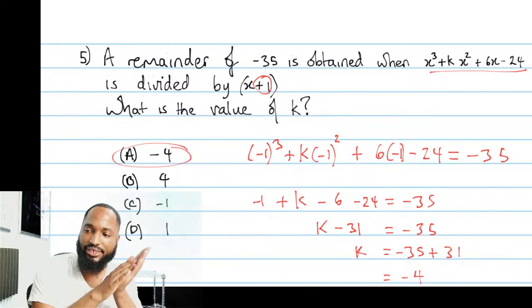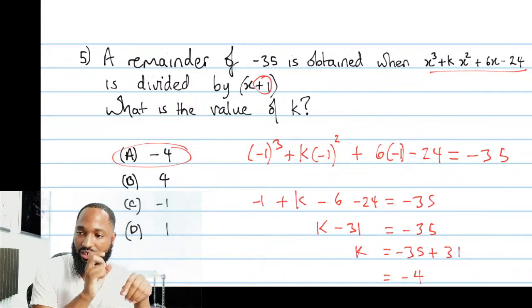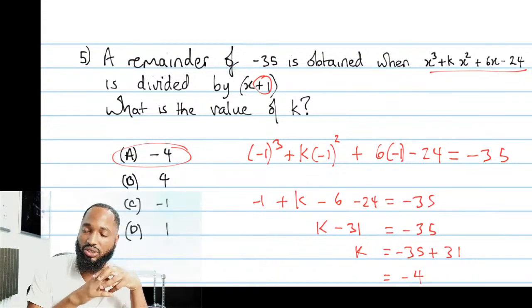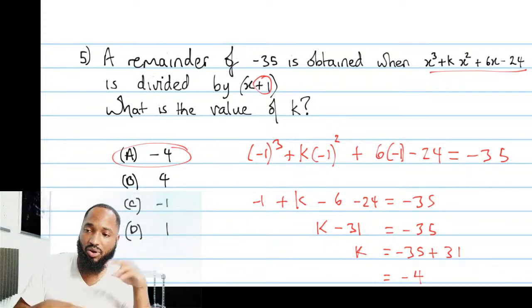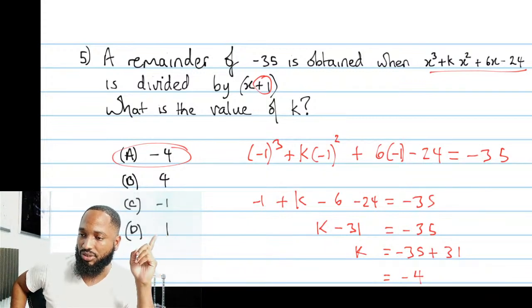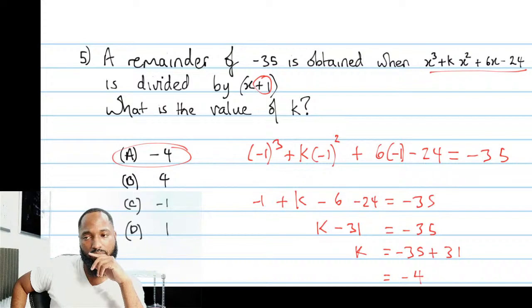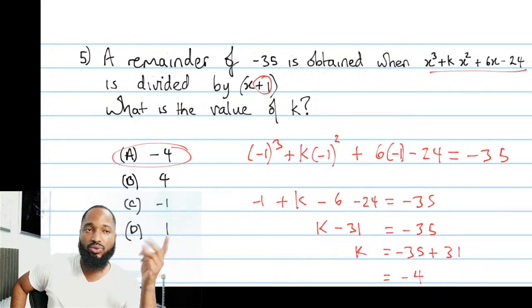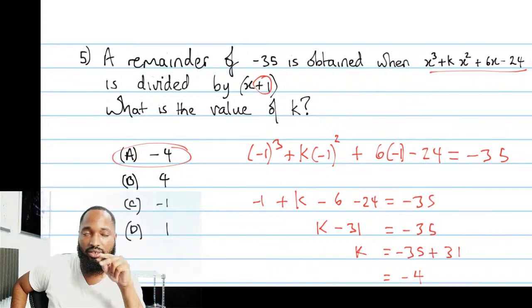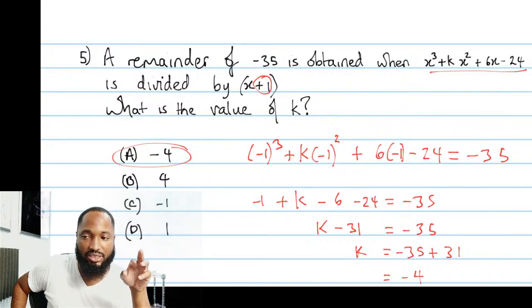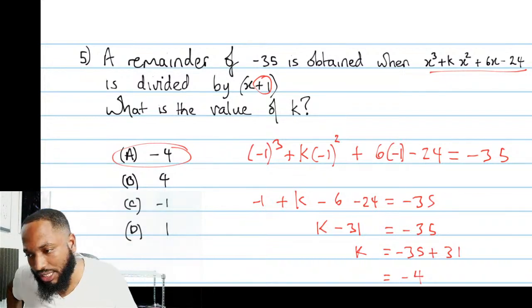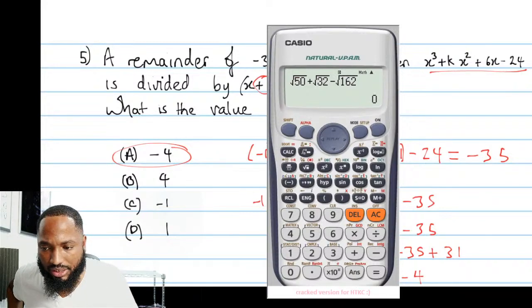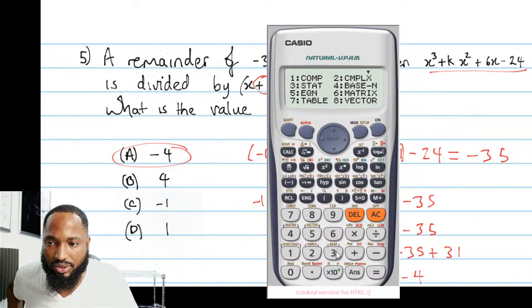Any questions on this? Write in the chat if you understand this. If you have any questions on this, ask a specific question, because I don't think I'll come back to this topic. Now they can do this with a simultaneous. Instead of having k alone, they might have p and q, two things to find, and they'll give you two equations. So you'll end up with a simultaneous equation in the end. By the way, if you end up with a simultaneous equation, you can still use a calculator to solve simultaneous equations very easily, or to help you crunch the numbers.